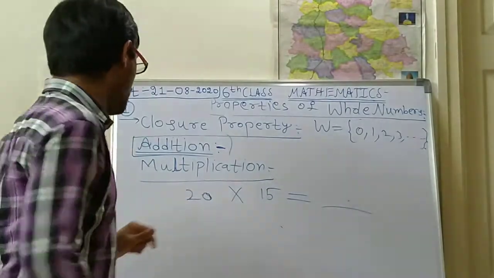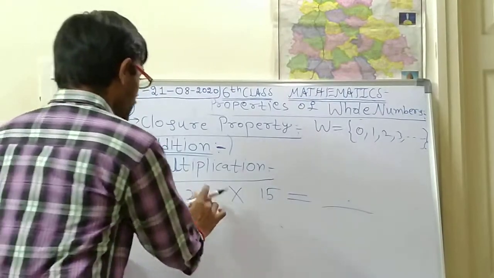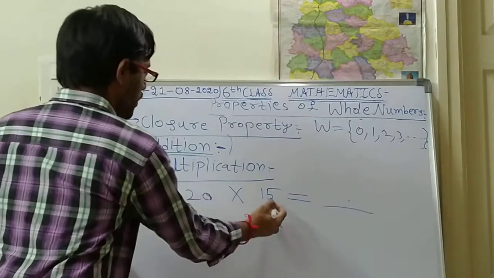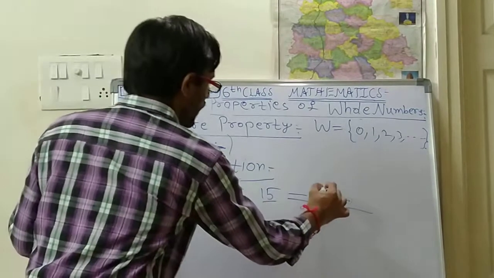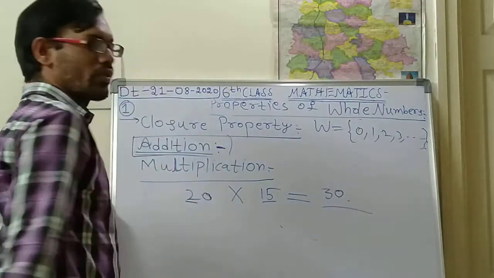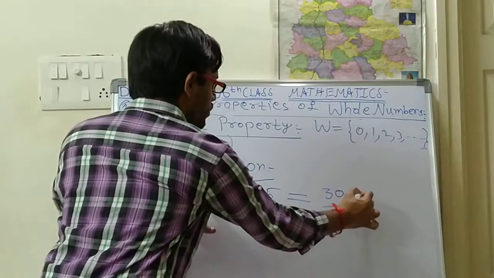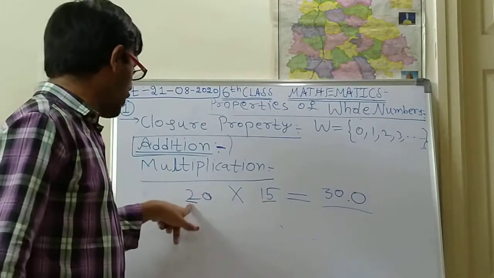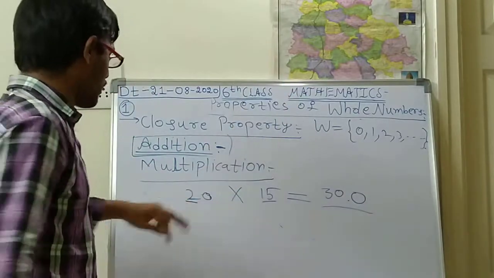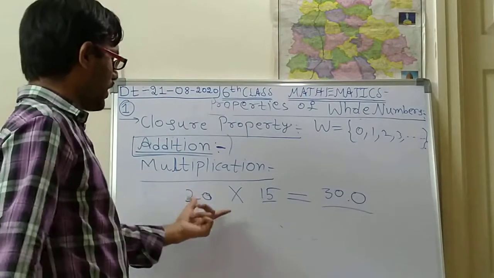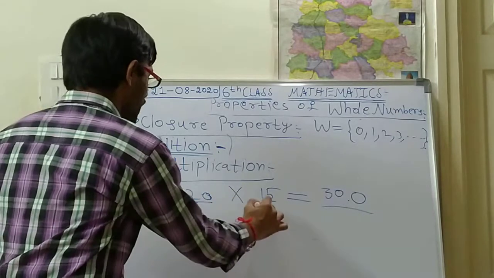Okay, so here what is 20 into 15? For 20 into 15, just forget about the 0 for now. What is 15 into 2? 15 twos are 30. How many zeros are there? One 0, so keep that 0. So 15 into 2 is 30, and the 0 you have to write afterwards.